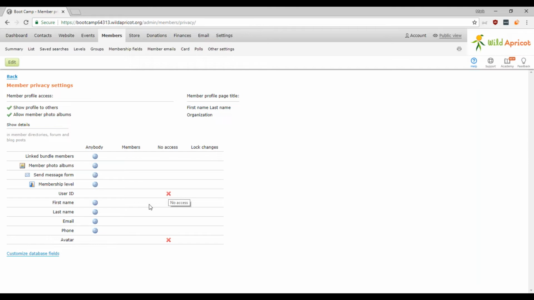No other members can see it. Nobody from the public can see it. Likewise with the avatar, currently nobody can see it except the user and the admin. However, for something like the email address, it's currently listed to be able to be seen by anybody. So if somebody does input an email address, anybody, including public or other members, can potentially see it.